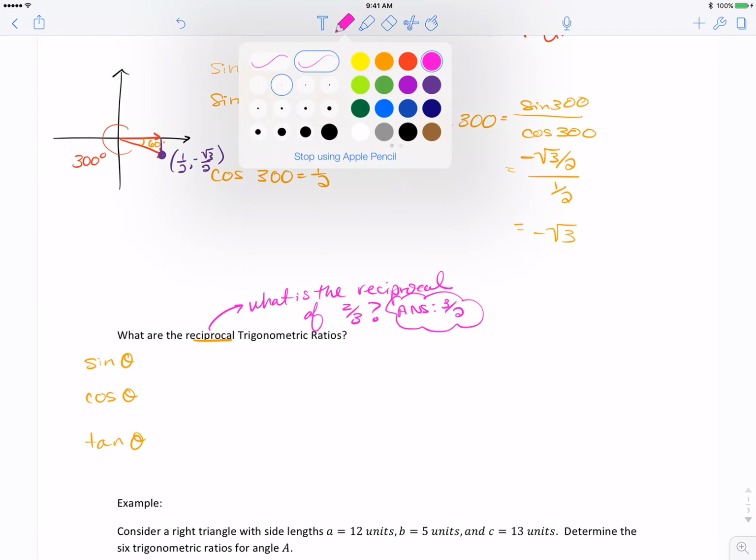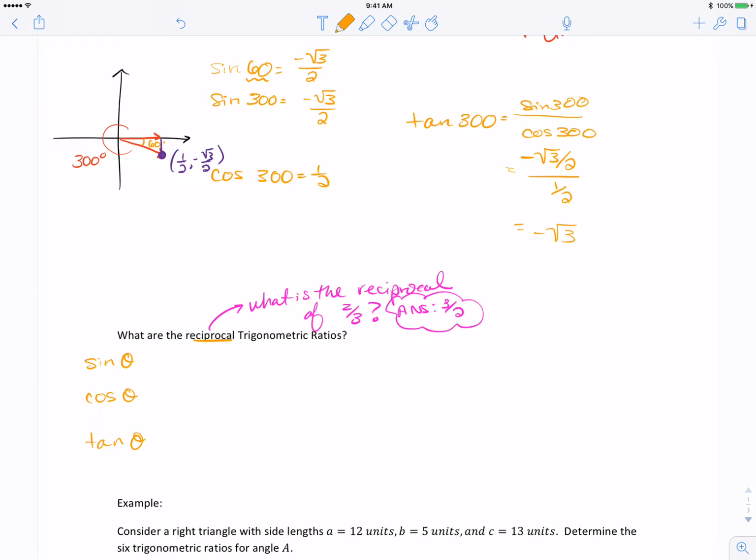The same thing applies here. When I'm looking at my sine, cosine, and tangent ratio, first I want to define the ratio 1 over the sine of theta. So that's that reciprocal ratio, which we call